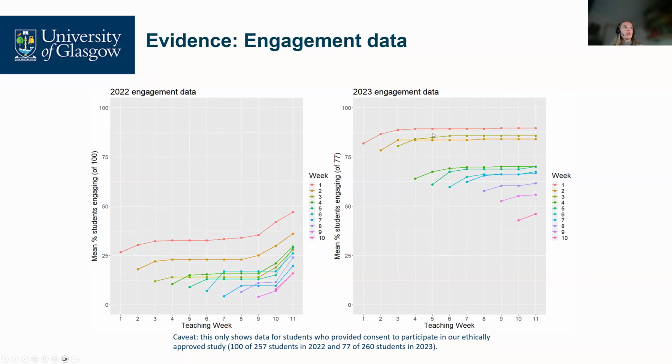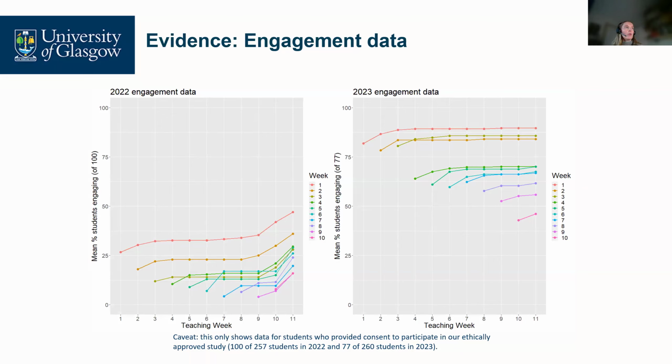And of course, we do see a drop off as the weeks go by. I think we will always see that. Students generally over the course of a semester, especially their first semester at university, tend not to be as engaged at the end of a course as they might be at the start. So we saw really good engagement specifically in the first 3 weeks, and then it did drop off a little bit. But what you can see is that by the end, in week 10, we're already better than we were even at the start in week 1 the previous year. So although ideally you would want that engagement to be sustained, I was still really pleased with this and quite pleasantly surprised at how well it seemed to work, just giving them that little bit of an incentive.